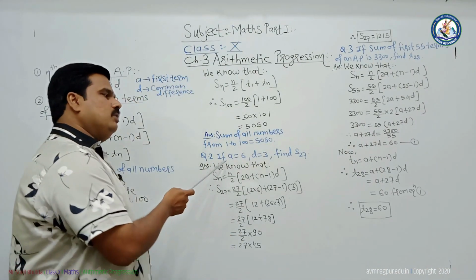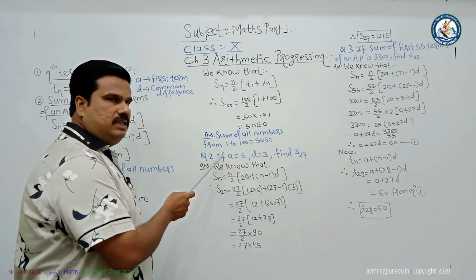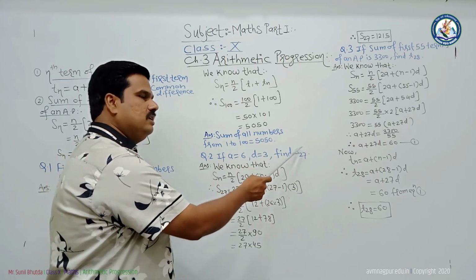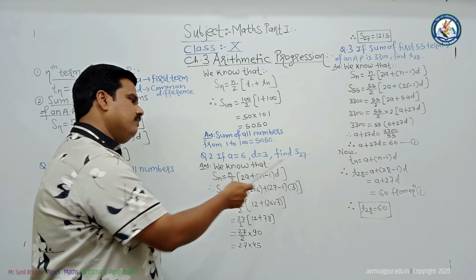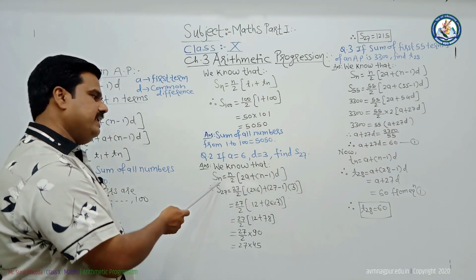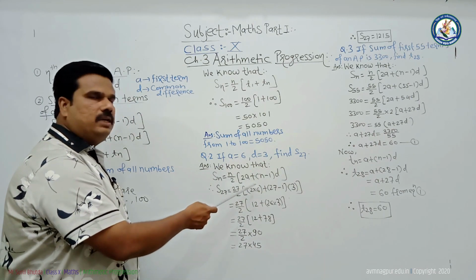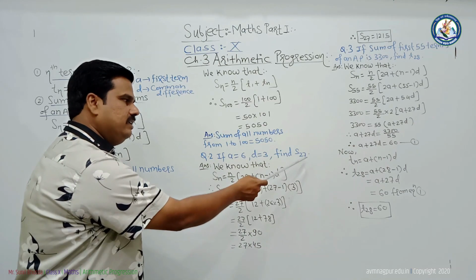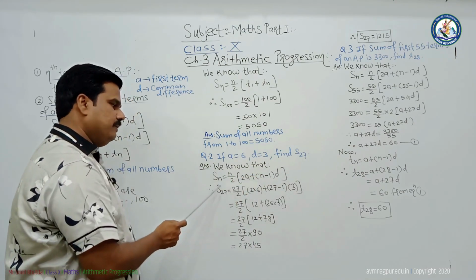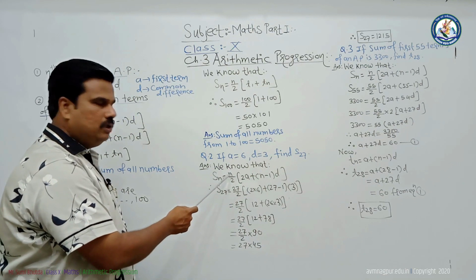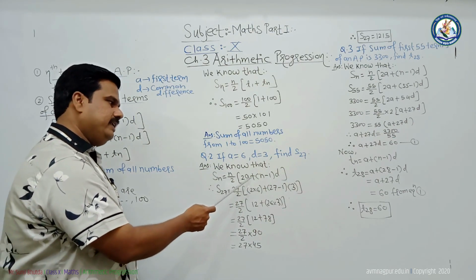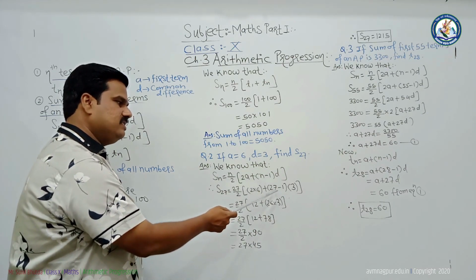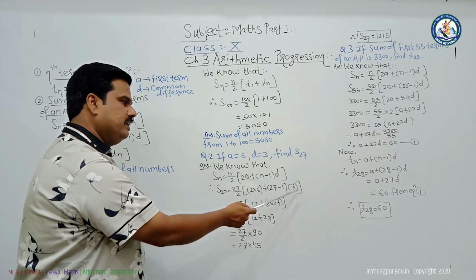I have taken a second problem. In this, a is 6 and d is 3, and we have to find out the sum of 27 terms. Firstly, write down the formula to calculate Sn. Sn equal to n by 2 in bracket 2a plus n minus 1 into d. What is small n? 27. Therefore, S27 will be equal to 27 upon 2 in bracket 2 into a, 2 into 6, plus n, again 27, minus 1 into 3.